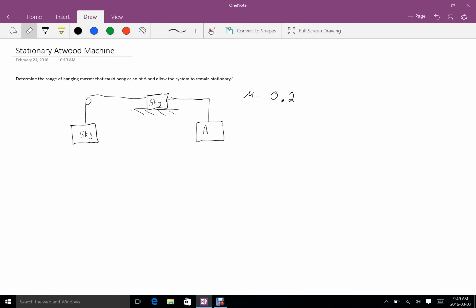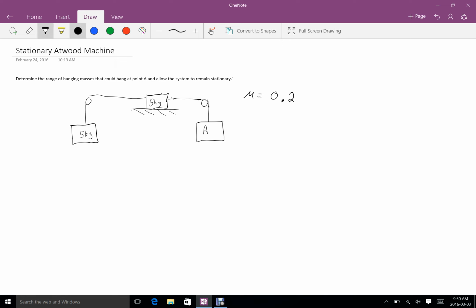if this object is really, really light, what will happen is the entire system will tend towards the left, as the force of gravity on that 5 kilogram object will be enough to accelerate it down. And if the object at A is really, really heavy, then the whole system will tend to the right, and as a result that object A will pull everybody down. But what I think you can see from this